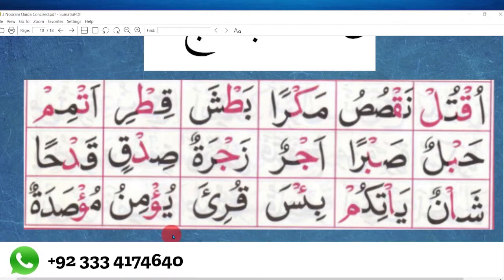We will ignore the waw below it and we will connect ya with the Hamza, making it jerky like this. Yu'minu, mu'sadatun. So do not confuse this one with waw madda, because in waw madda the jazm has to be on the waw, not on the Hamza.